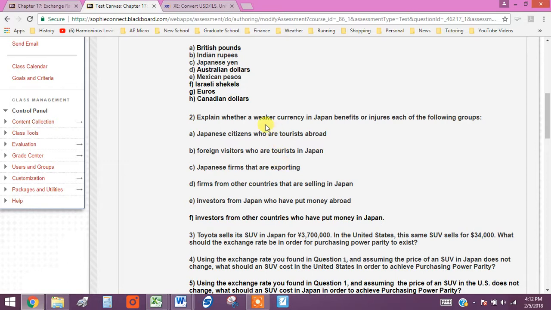Okay, so we're being asked to explain whether a weaker currency in Japan benefits or injures each of the following groups. So if the currency in Japan, so if a Japanese yen